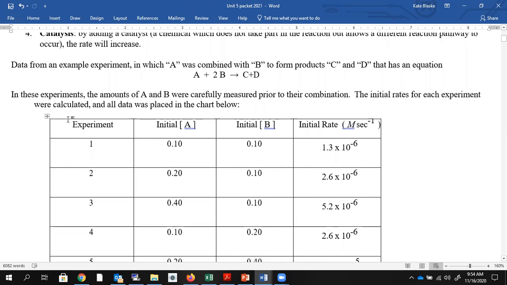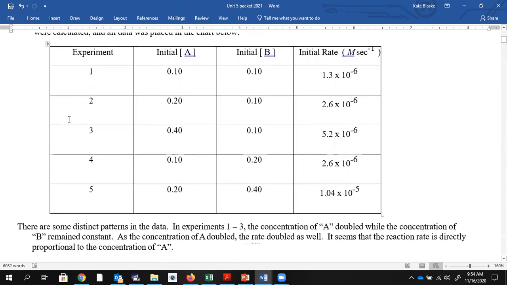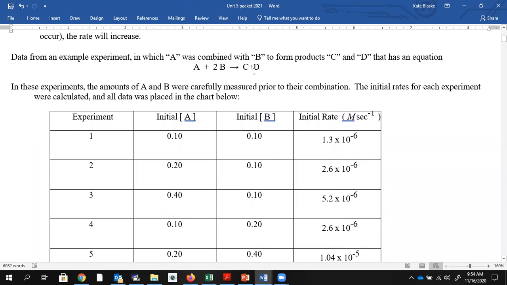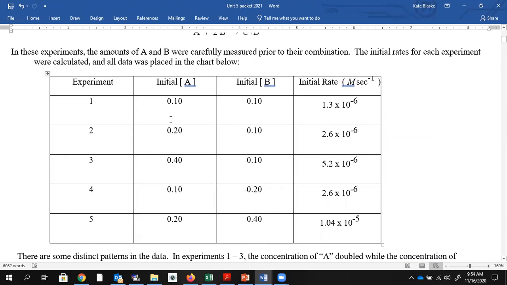So for example, this is the way that we're going to see data many times for these kinetics experiments. If we've got the balanced equation, A plus 2B makes C plus D, we have different sets of information about the reactants. We're only going to see stuff about the reactants. Products do not influence how fast the reaction goes because we're only looking at how those reactants are forming products. So what this tells us is that in one experiment, we put 0.1 molar A and 0.1 molar B. Remember, we know it's molarity or concentration because we've got those square brackets. And we had an initial rate of 1.36 times 10 to the negative 6 molar per second